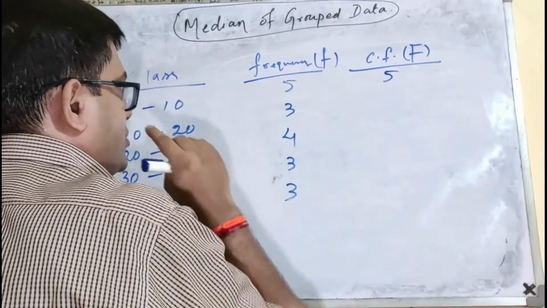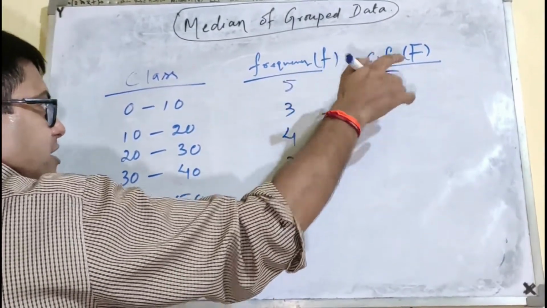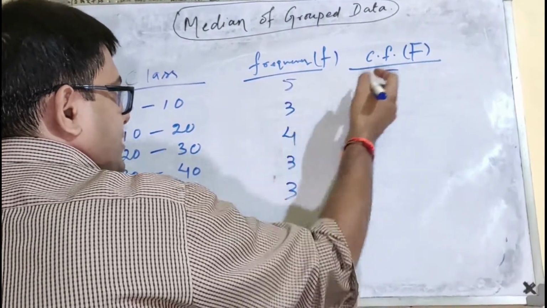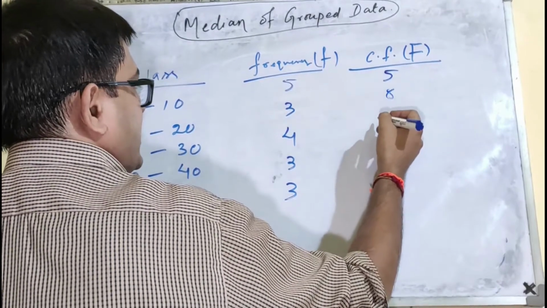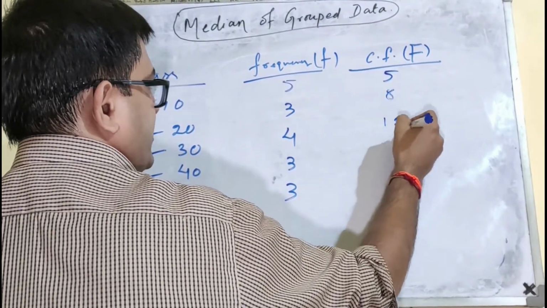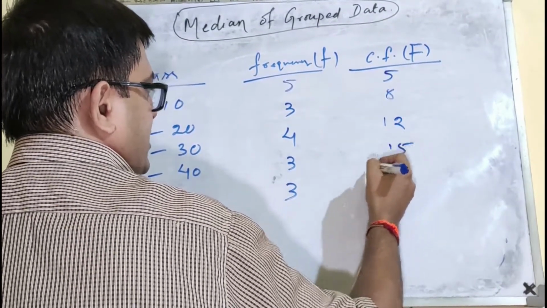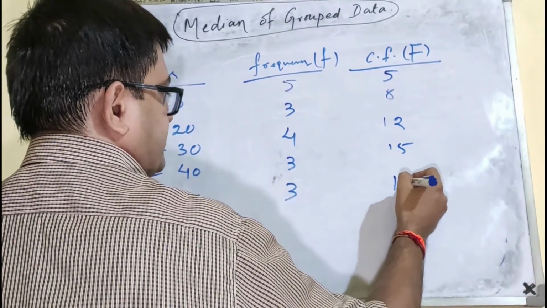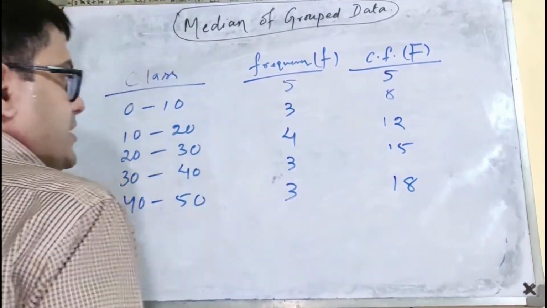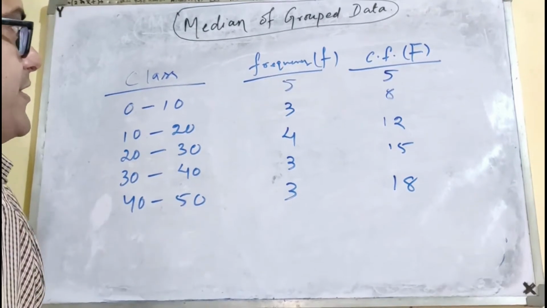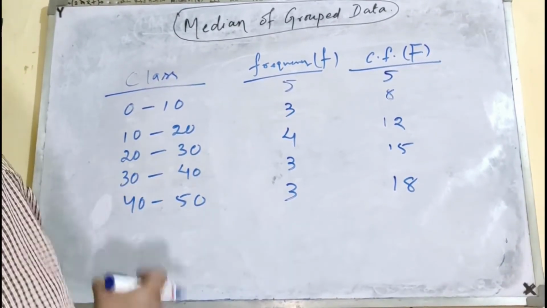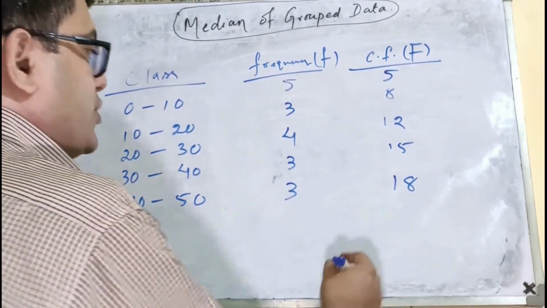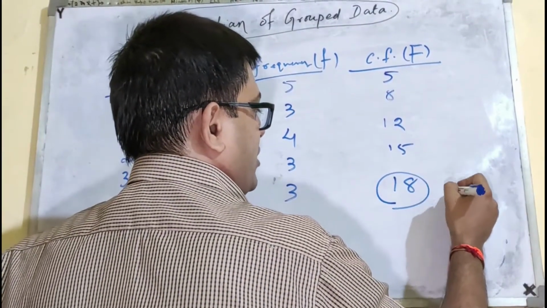Then the same concept goes on. Easily, you can assign cumulative frequencies by doing the diagonal addition. So 5 plus 3 is 8 for the next one, 8 plus 4 is 12 for the next one, then there is 15, then 15 plus 3 is 18. And as we know, the cumulative frequency of the endmost data point, or in this case the endmost class, gives you the total number of